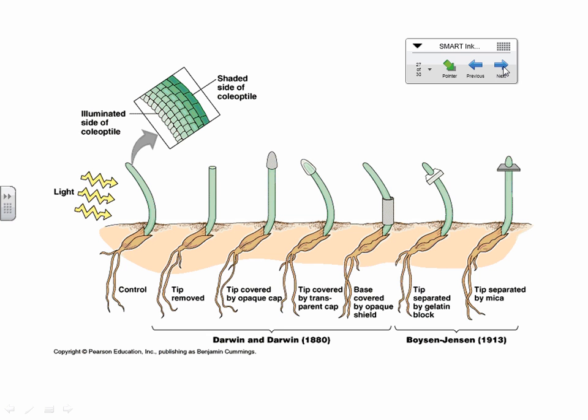What else can plants move in response to? Gravity, touch. Yeah, that would be touch. Yep. In this case, I told you there were two plant hormones I wanted you to know something about. One of them was ethylene gas, we talked about a minute ago. The second one was a group of hormones called auxins.